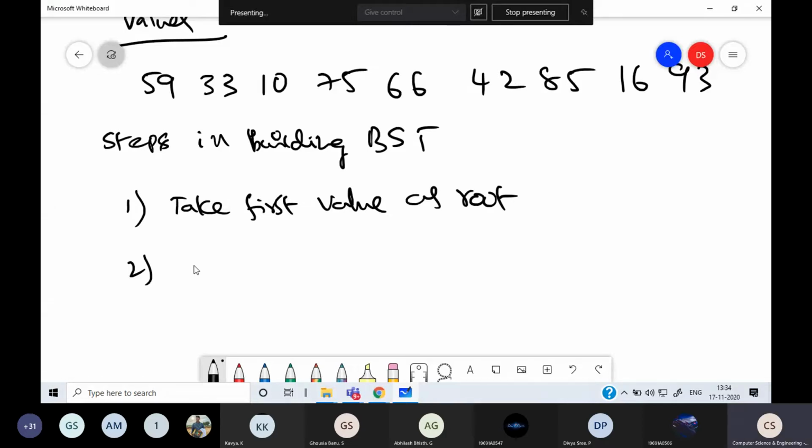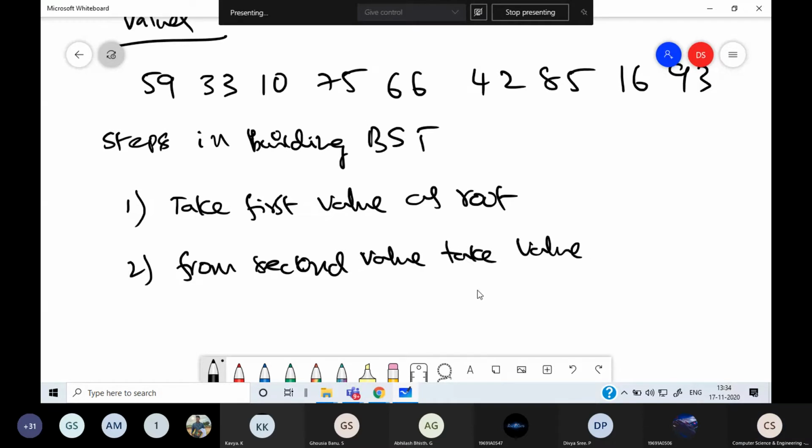Then from the second value, take each value and build the subtree.